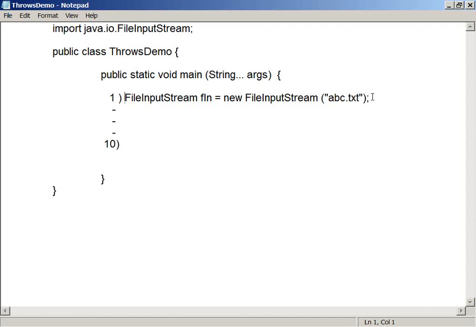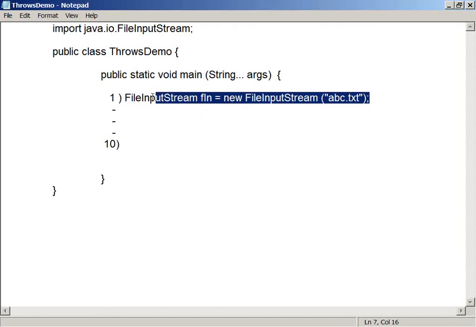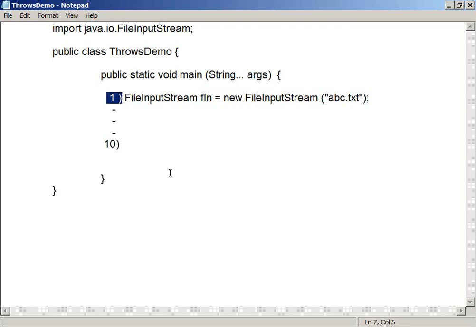Now let us assume this scenario. When I wrote the code, this abc.txt was there, but after some time this file is deleted. How is this class going to help you? It cannot help you here. Did you get what I'm trying to say?